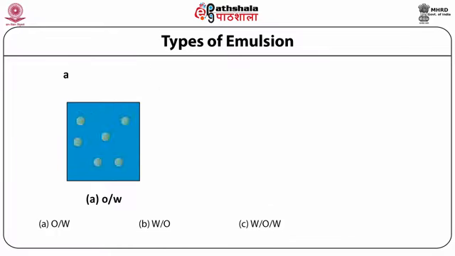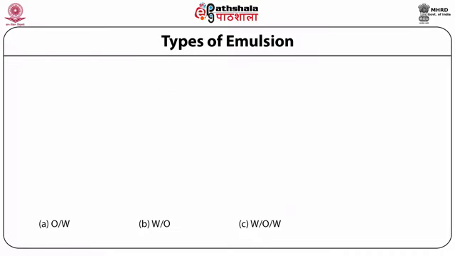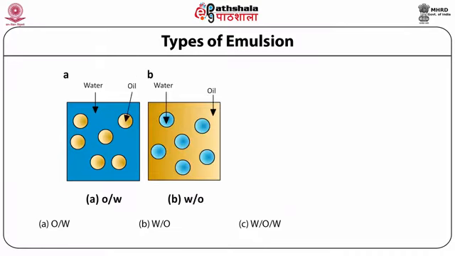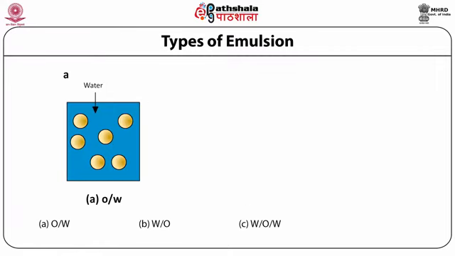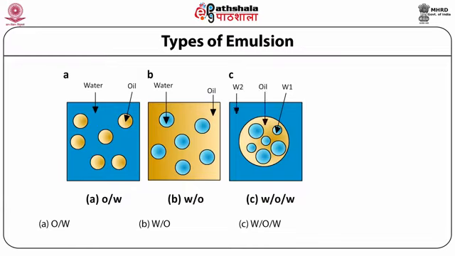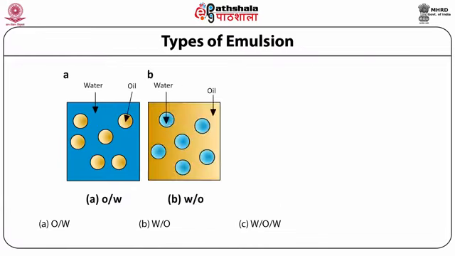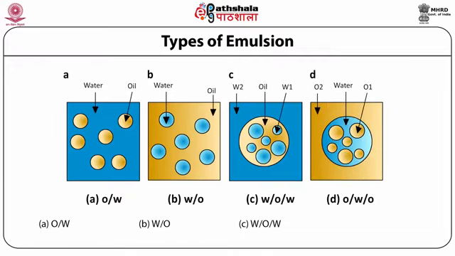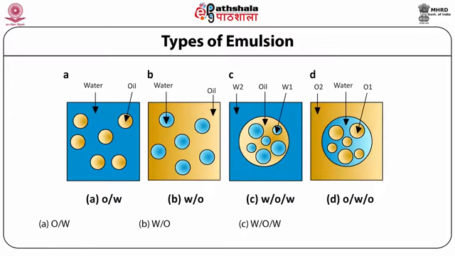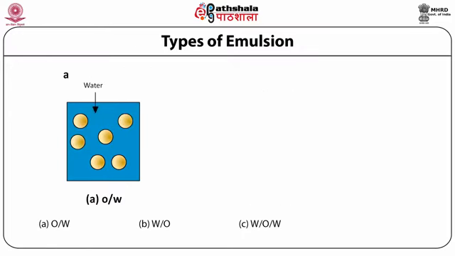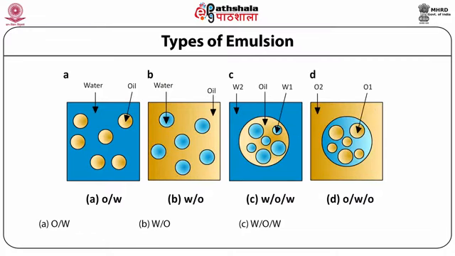The third figure shows a multiple emulsion, that is a water in oil in water emulsion. Here we can easily see that several water droplets are inside one big oil droplet, and this oil droplet is dispersed again in the external aqueous phase. So here we are using two surfactants. One surfactant, a low HLB surfactant, will adsorb at the water oil interface, and another surfactant will adsorb at the oil and water interface. So there are two surfactants stabilizing the two emulsions.